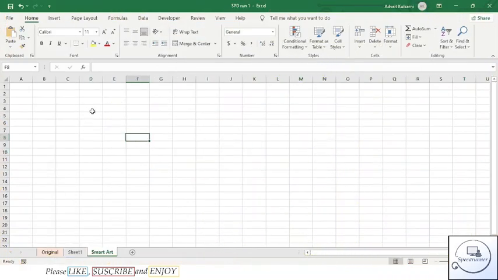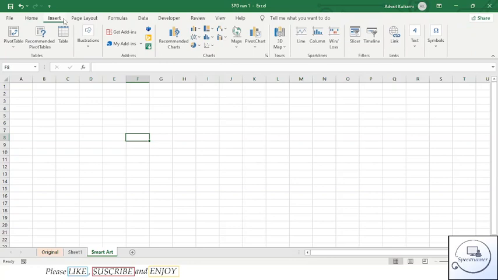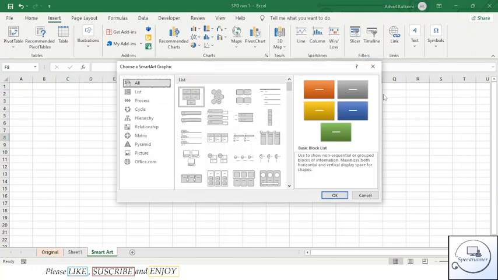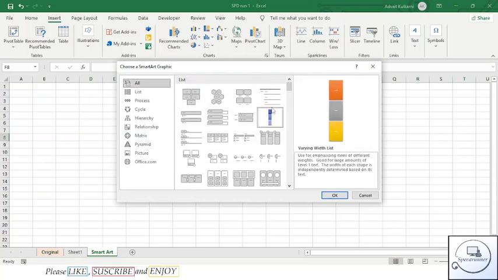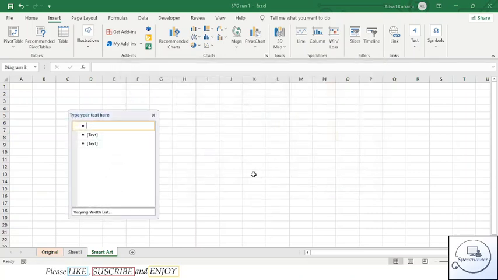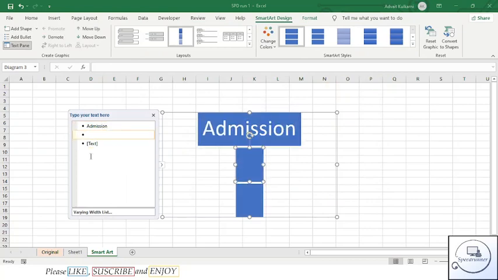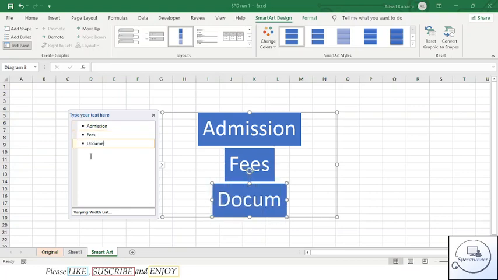First of all, how to insert the smart art. Go to the insert tab and under the illustrations, you get the option smart art. Though it is small, you can see there are wide range of things you can use this for. Let us take the varying width list and then let us add few examples like admission and fees, documents.